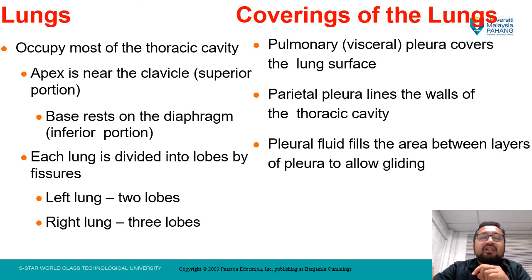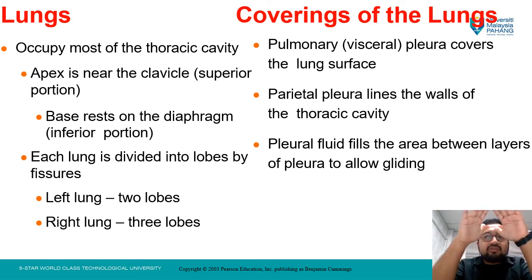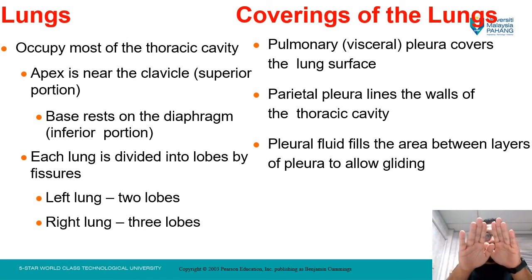So, covering of the lungs. The lungs have coverings, and there are 2. Imagine this is the lung, and the outer side is our rib cage, formed of the intercostal rib bones and also the intercostal muscle. This is the rib cage, and inside it is the lung. Now the layer that is right on the lung,